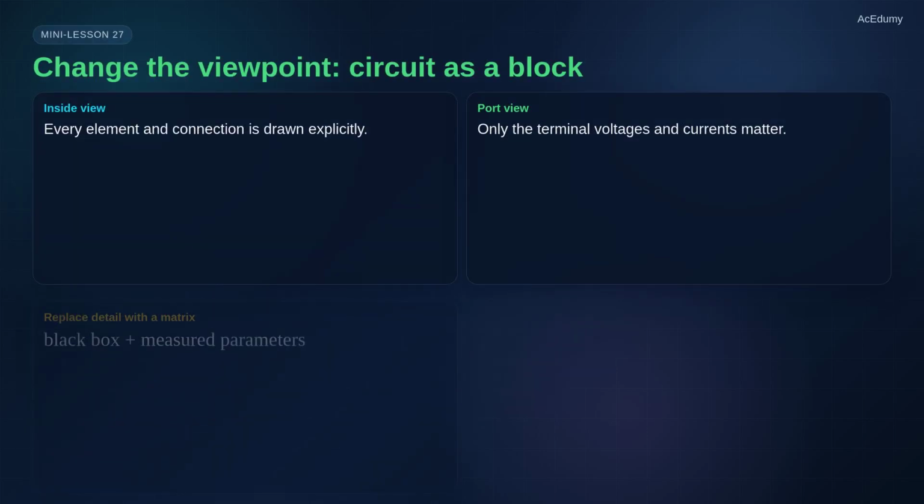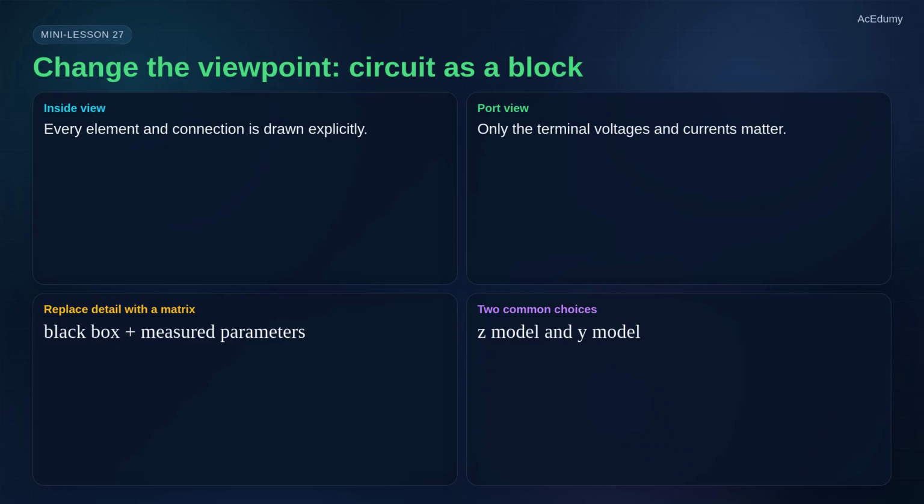So far, most circuits were drawn from the inside. Every resistor, capacitor, inductor, op-amp, and connection. Now we change the viewpoint. A complicated circuit can be treated as a two-port block, one input port, one output port, and a small set